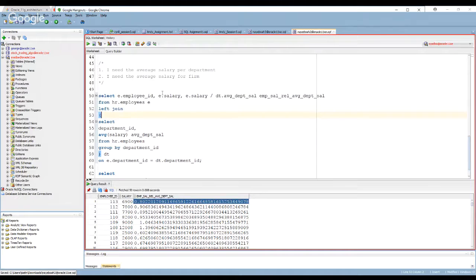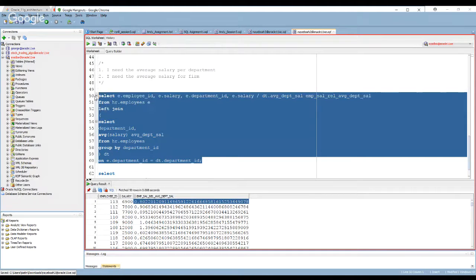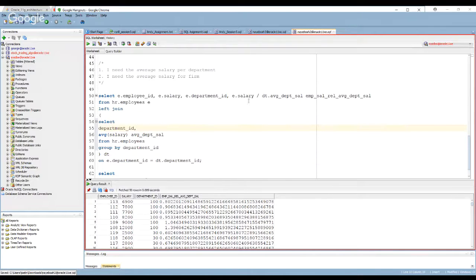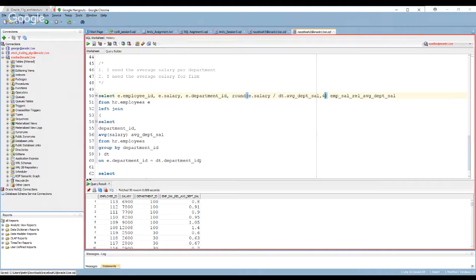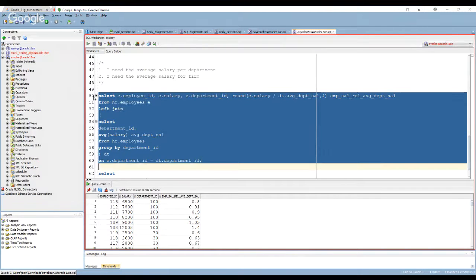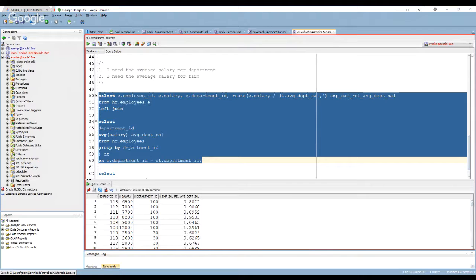Now, obviously, we need to show the department they are part of in our output so that it's cleaner. So I'm going to just also expose the department ID in the output. Okay. And see how this looks. Now, for the folks who like to round things, let's just round this to 2 decimal places so that things look good. All right. The steps I'm going through right now, they are the same steps I encourage you to follow when you're solving these sort of problems. Is to say, all right, let me just do it step by step, step by step, step by step.